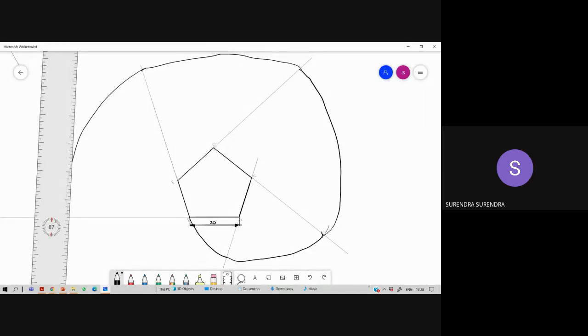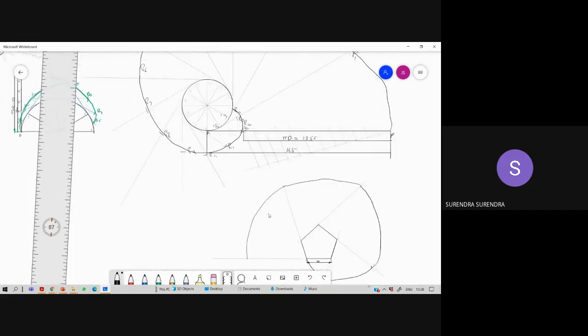Will you complete the involute of a square? I am not explaining it here. Involute of a square uses the same method. Construct the square, extend the four sides of the square, and then join them with the compass. Will you do it? Yes, sir. I will just show how it looks.